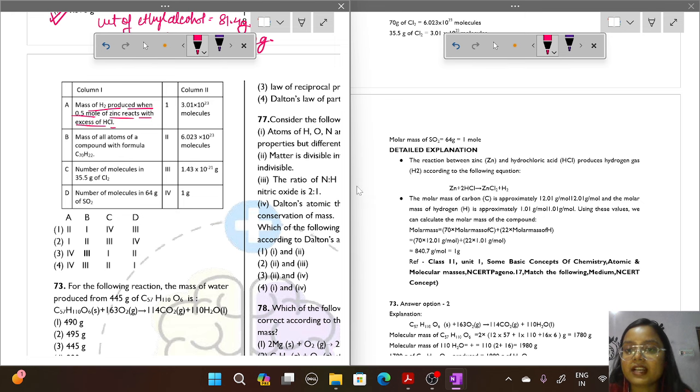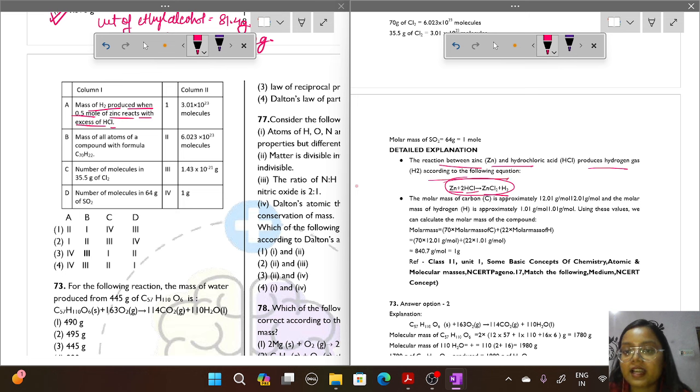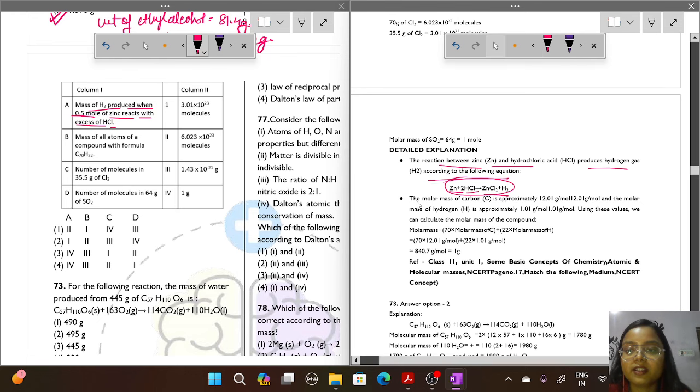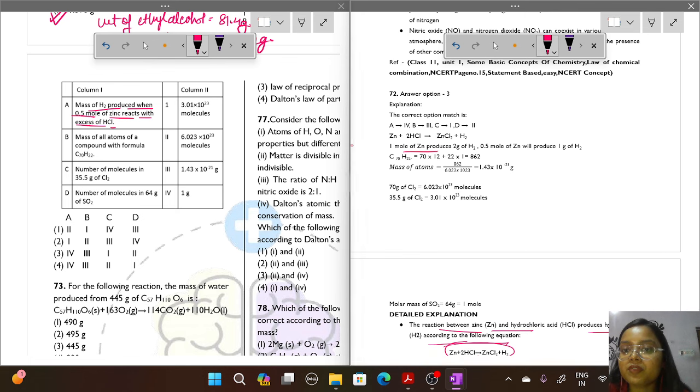Okay, so this is the reaction. Zn plus 2HCl will give ZnCl2 plus H2. So the reaction between zinc and HCl produces hydrogen. Among the following equations, 1 mole of zinc will produce 2 gram of hydrogen and 0.5 mole of zinc will produce 1